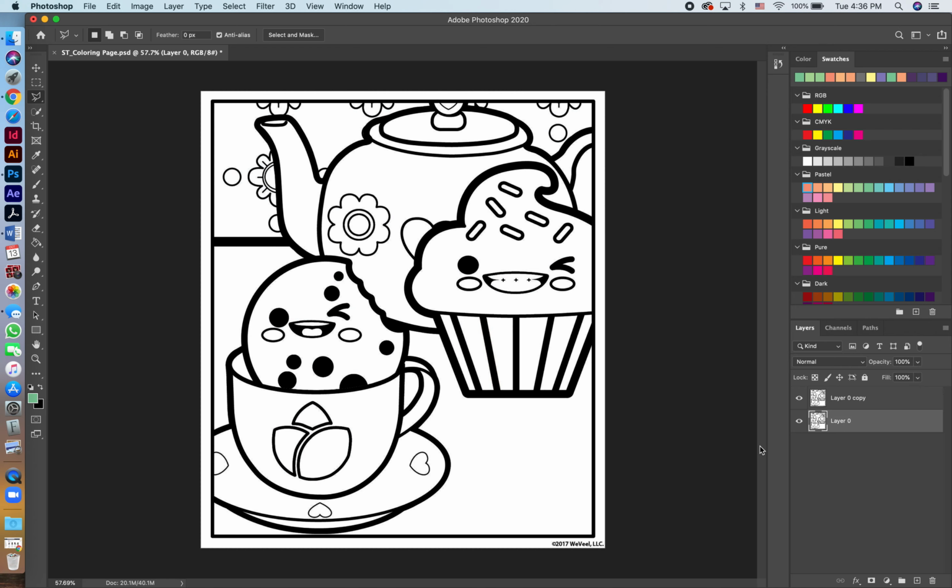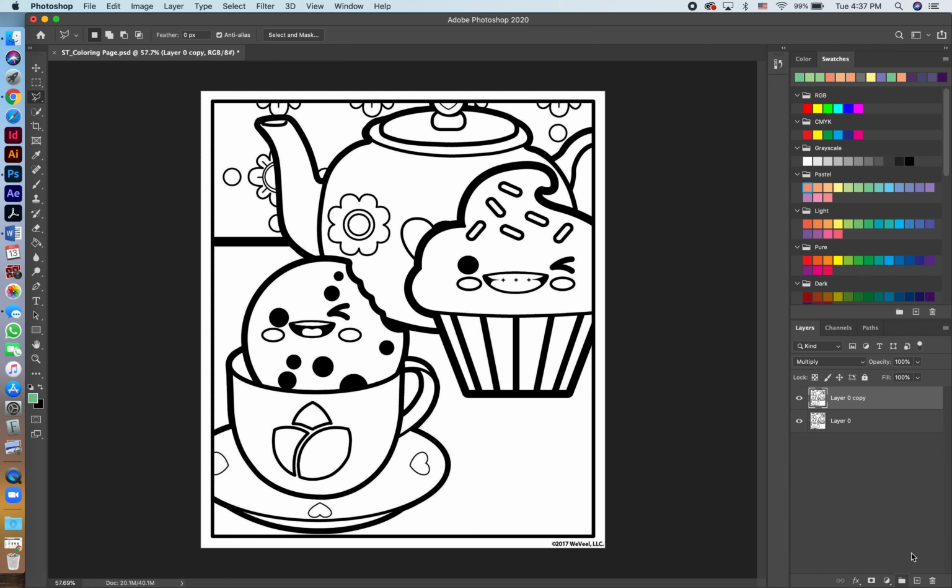Once you have your document set up, it's the right size and it's at 300 resolution, and you have one layer of normal lines and one layer of multiplied lines, you are ready to add color. And the way we're going to do that is by making selections of these big shapes. So you can see this is a shape and this is a shape, this is a shape, and you're going to make those selections using the different selection tools, and then you're going to use the paint bucket tool to